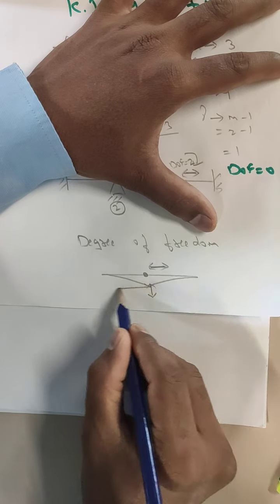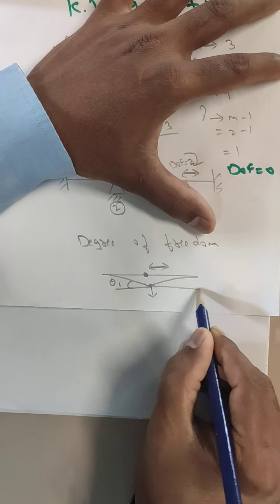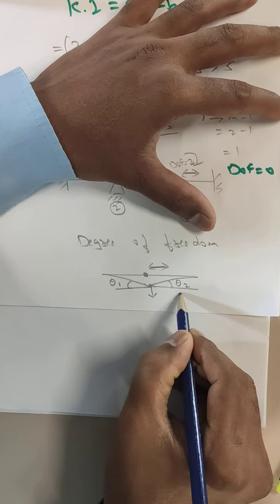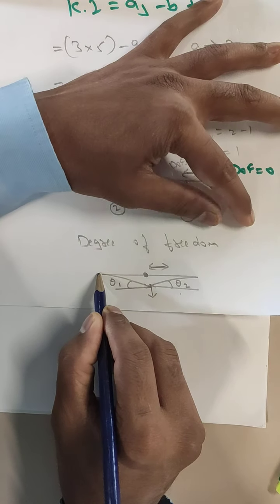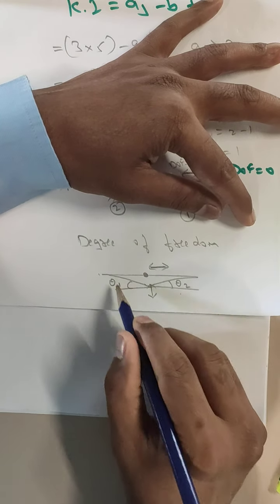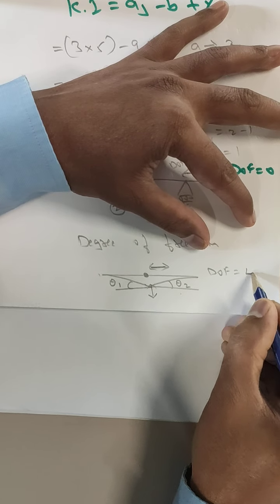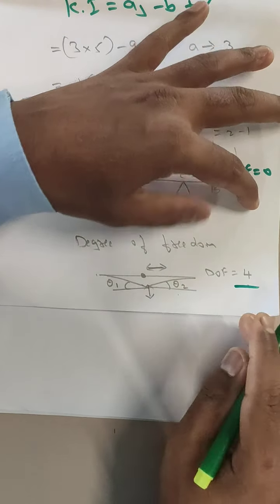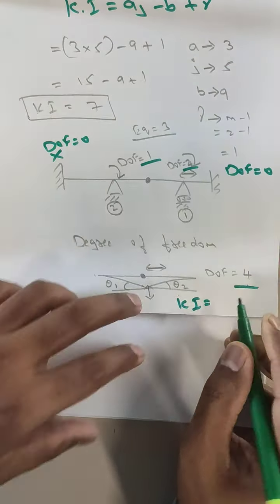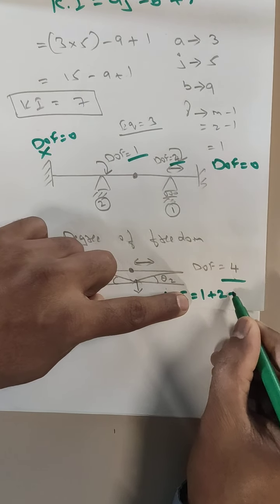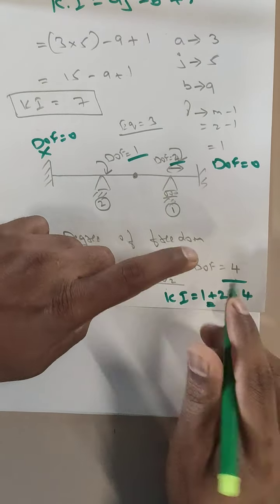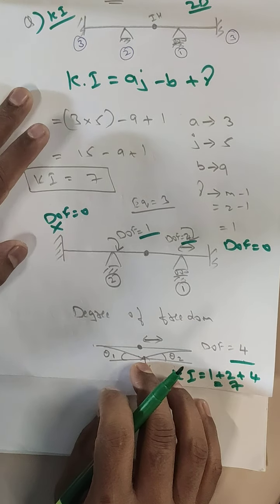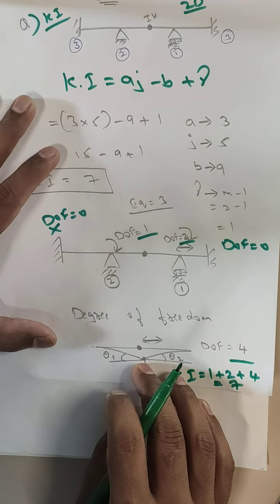Whenever it can deflect like this, here we will have a theta value, theta 1 you can take. Here we will have theta value as theta 2. So it can even rotate, but the theta value for this member will be different from the theta value for the other member. Fine. So how many degrees of freedom do we have here? Here we have 4. So the total degrees of freedom: here we have 1, here we have 2, here we have 4. So kinematic indeterminacy is equal to 1 plus 2 plus 4. So 4 plus 2 is 6, plus 1 is 7. So the same answer we have got, 7. So this way you have to remember that kinematic indeterminacy is nothing but what we call the degree of freedom. Thank you.